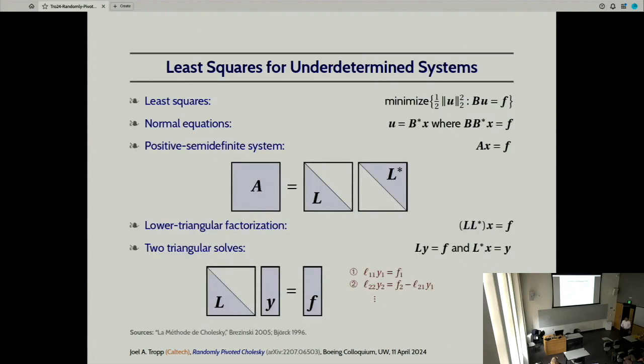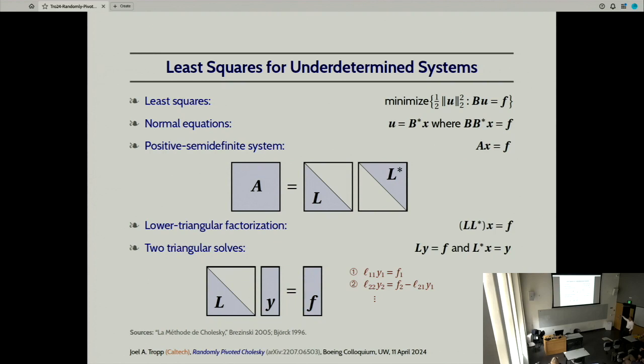So what did he do? This is all in modern notation. This is not quite how he explained things. But he was interested in resolving this underdetermined system of linear equations. And to do so, you need to work out an estimate for what the values are, and then each one is corrupted by an error. The estimates come from the fact that, again, there are measurement errors. You have nonlinear equations, which you have to linearize, and also the Earth is not flat. Okay, so U here in this underdetermined least squares problem is the vector of errors, and you want to make the errors as small as possible in L2 norm.